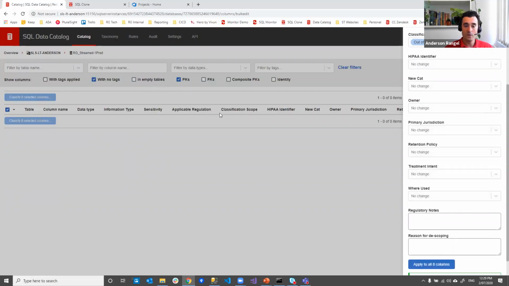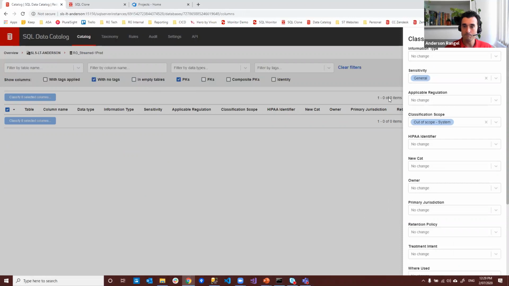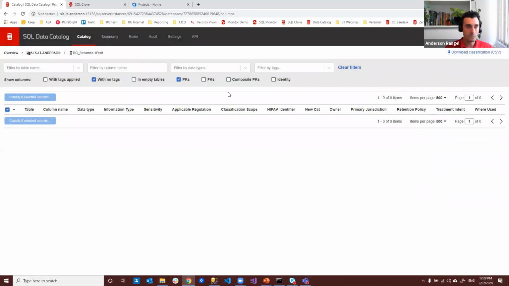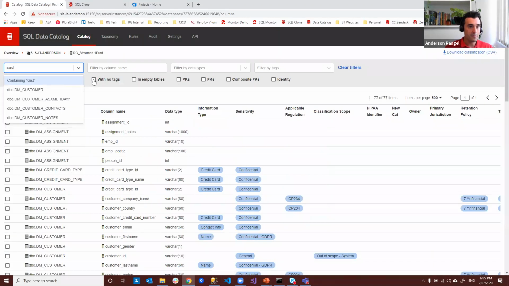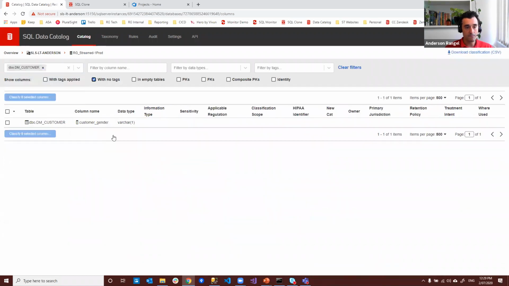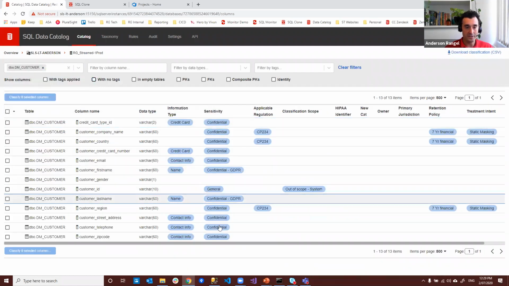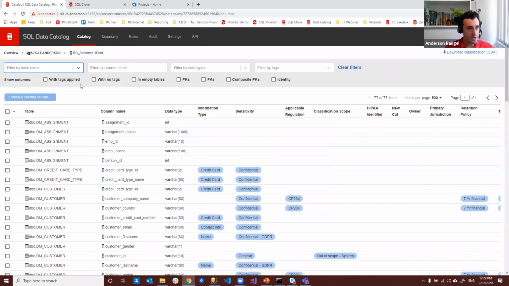And another way that we can use our bulk classification is, for example, if I know that on my customer table I have information that is sensitive, I can come over here and start to classify that accordingly. So really easy, it's a really nice interface to do bulk operations that aim to minimize the time it would take